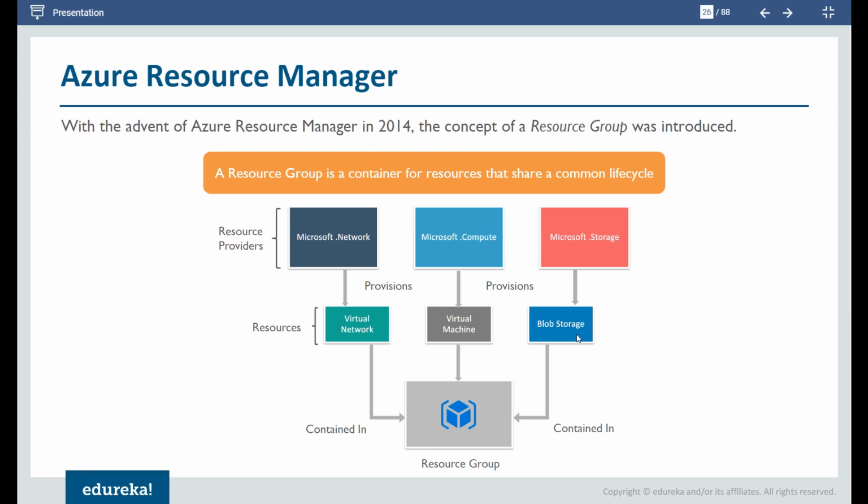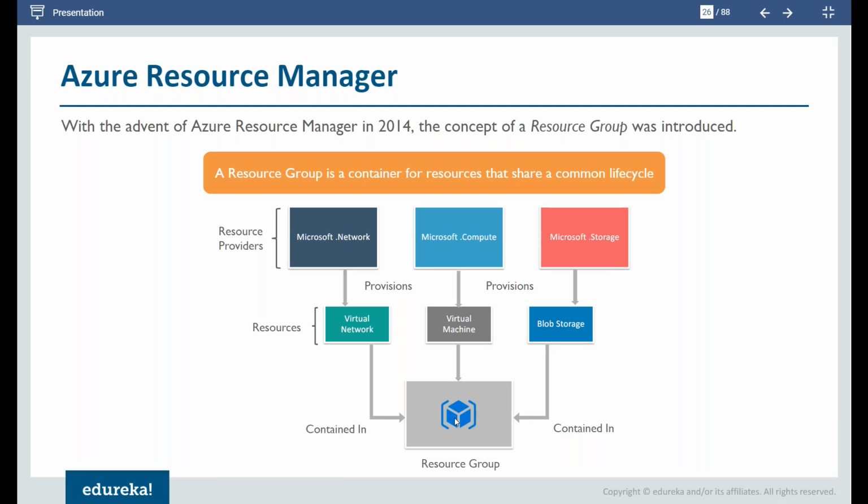Whenever you create that resource, which means now you want to have your own storage account, that is called a resource. Now whenever you create a resource, you want to store it somewhere, right? You want to arrange those resources. You store those resources in something called a resource group. Think about a resource group as a folder. You will create a kind of folder in Azure, and then you will say that I want to store a certain set of resources in resource group 1, a certain set in resource group 2, and maybe a certain set in resource group 3.